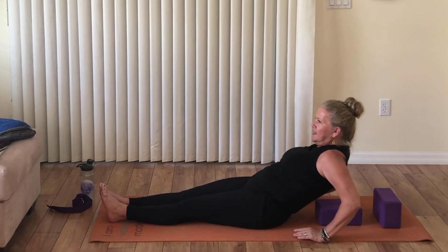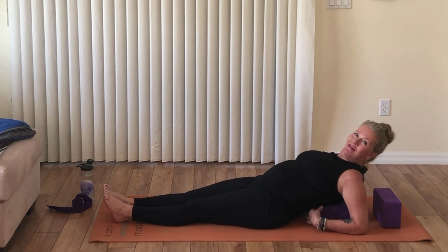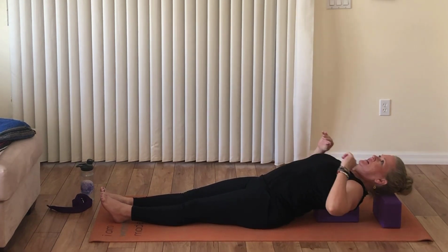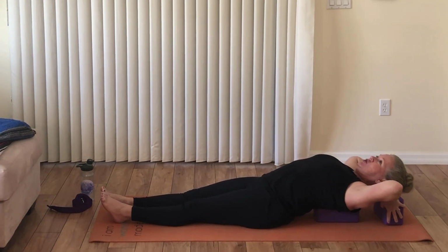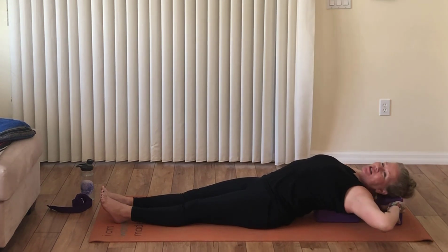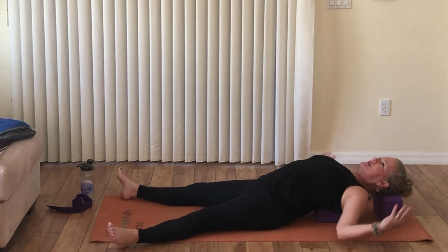As you begin to lie down, reach around and find that block and bring the low edge of the block about even with your bra strap, right to the bottoms of your shoulder blades there. Good. Now as you come back, reach back and adjust the pillow for your head. And hey, if it's not working, don't worry about it. Don't do it. If it feels good, take your legs and kind of open them like Shavasana,